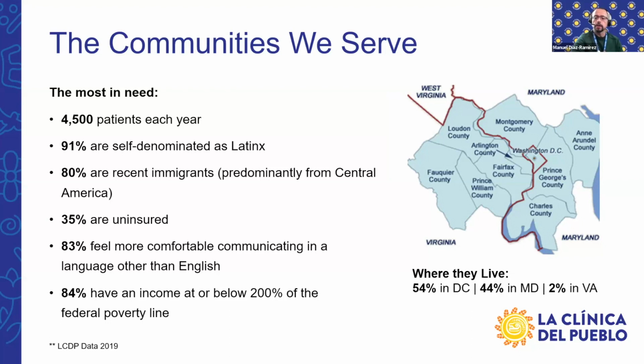We serve, as our mission states, the most in need. In general, I can summarize it as we serve roughly 4,500 patients per year. 91% of them are self-identified as Latinx. 80% of them are recent immigrants, predominantly from Central America. 35% of them are insured. 83% feel more comfortable communicating in a language other than English. 84% have an income at or below 200% of the federal poverty line. And the majority of our patient population lives in DC, 44% in Maryland, and only 2% from Virginia, which reflects